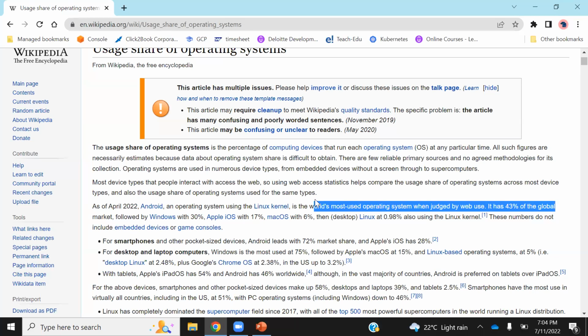So if 43% of the organizations are using the Linux kernel, it means I should learn about it. And when I will be dealing with servers, it will be very helpful for me to go ahead and work. So I should know what Linux is, first thing.